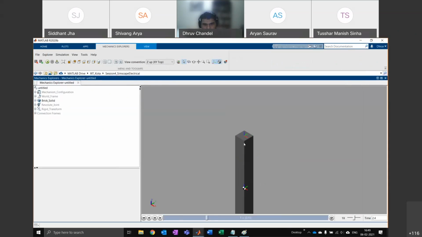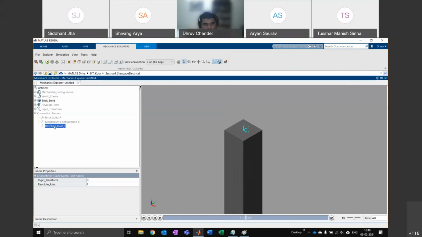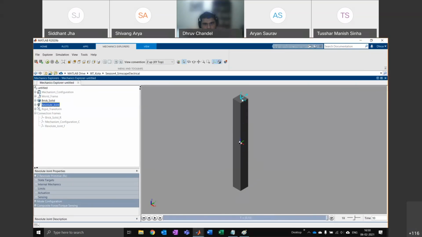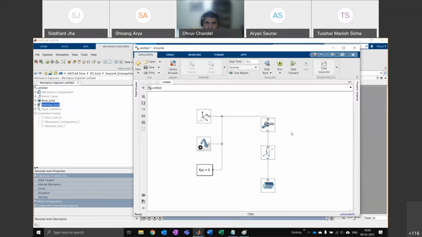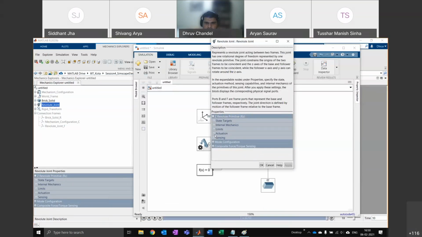And now you'll see this is my world frame joint. You can click on anything, it will tell you what it is on the left hand side. So my world frame, here is my revolute joint, and my body's center of mass is connected half a meter down from this. So the whole body is shifted down. Okay, almost at the end. Now all we can do is set the initial condition to some small angle.